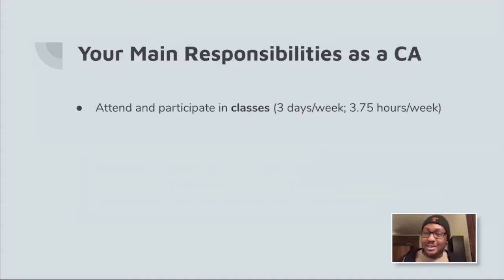in the courses that they're matched with. So let's say you're a CA for 21B and you're assigned to a particular section. You would attend that section, which is usually 3 days a week, each being 1.25 hours, so 3 3/4 hours per week. And the CAs who come to that section are there to sort of facilitate active learning, help our